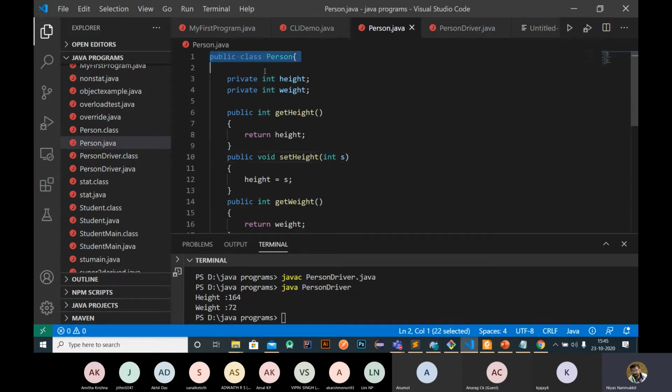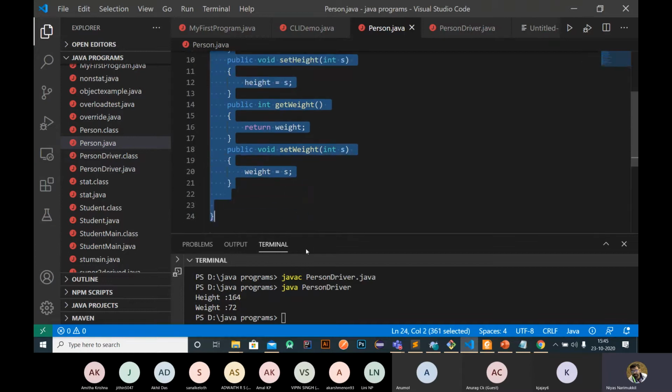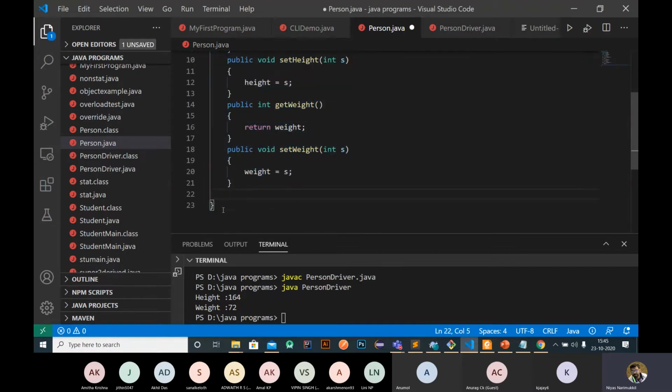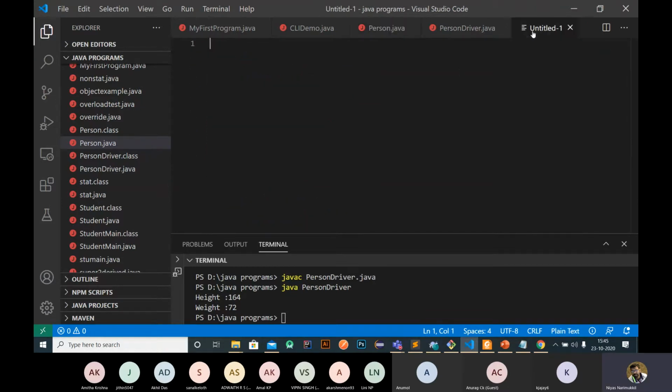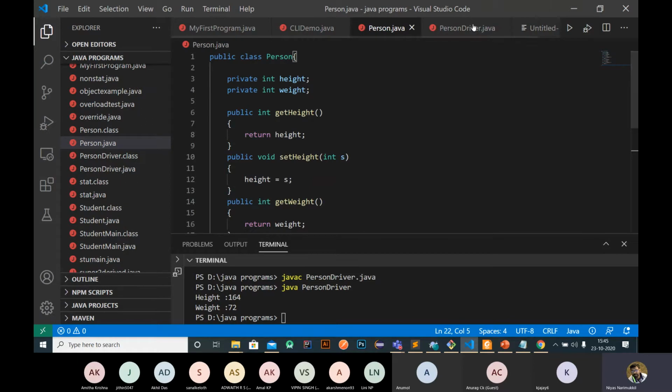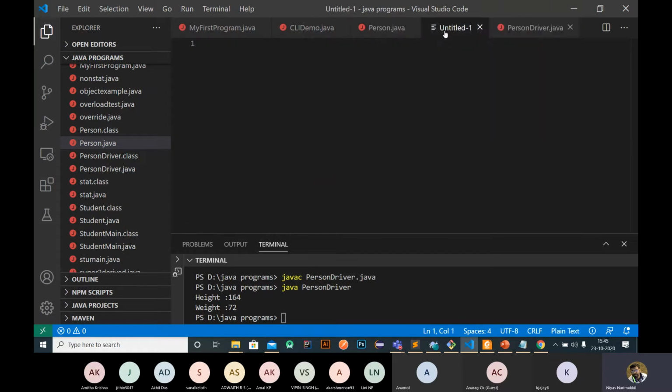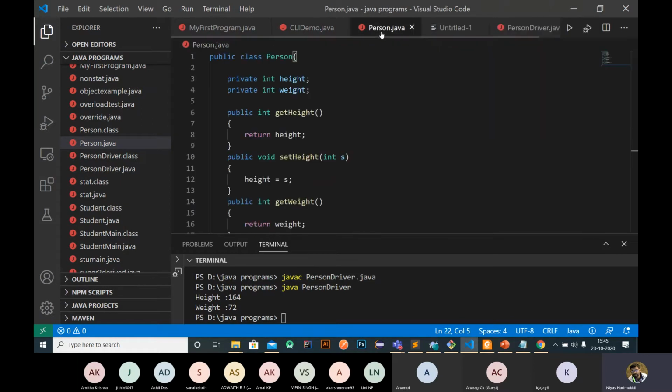For example, we can use this as a base class or superclass. Then we can create another class which inherits from this person class. This person is a generic thing. For example, it can be applied to any kind of person, such as a student, or a teacher.